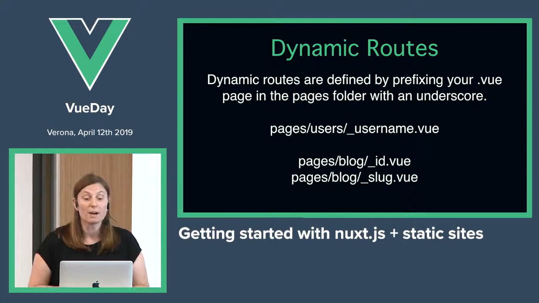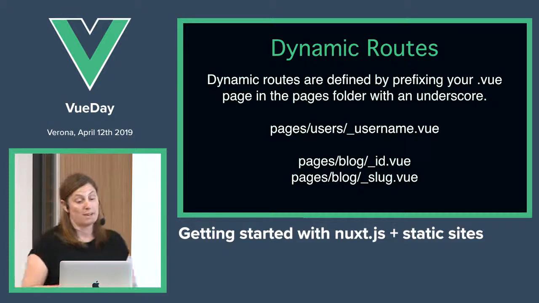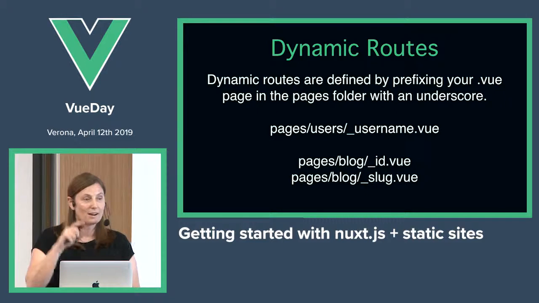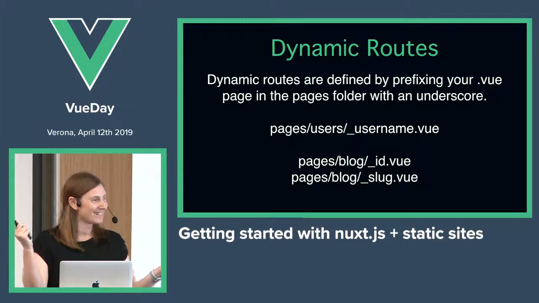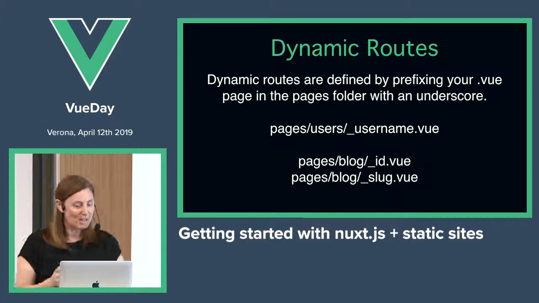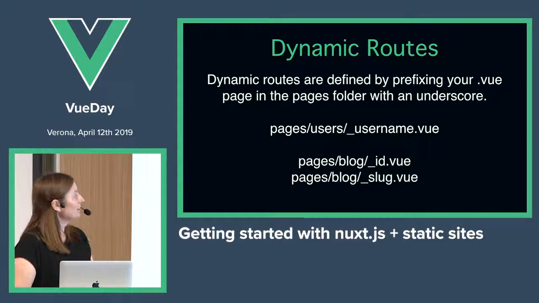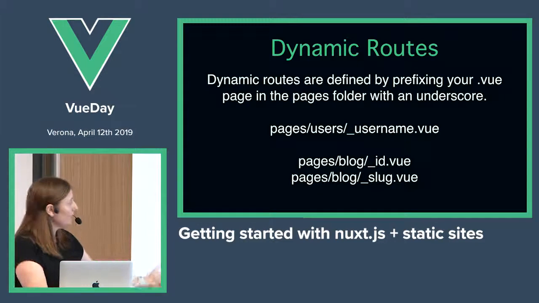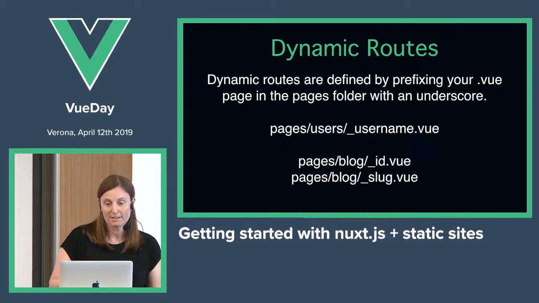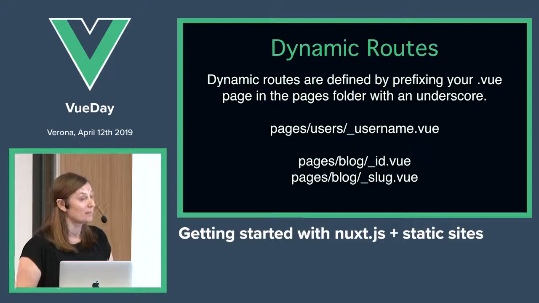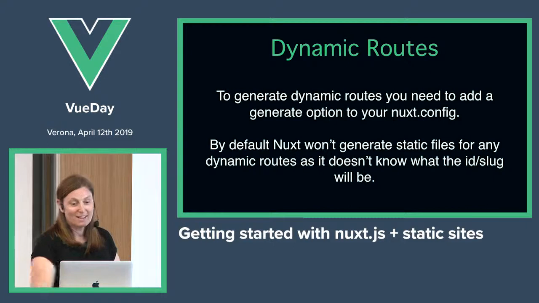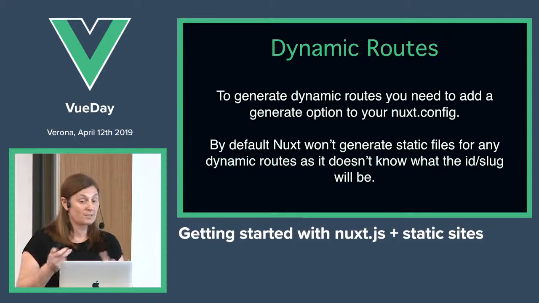Dynamic routes are defined by prefixing your Vue page in the pages folder with an underscore. How easy is that? Just put an underscore. So pages/users/_username.vue or pages/blog/_id or _slug will basically allow you to create a dynamic page. How easy. To then generate the dynamic routes, you need to add it to the generate option in your Nuxt